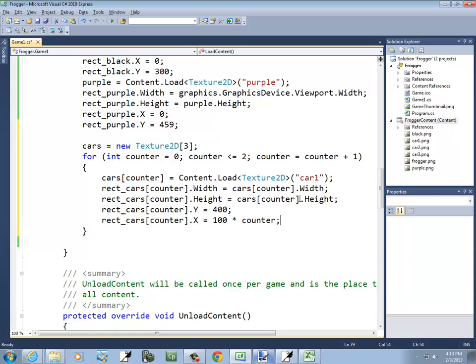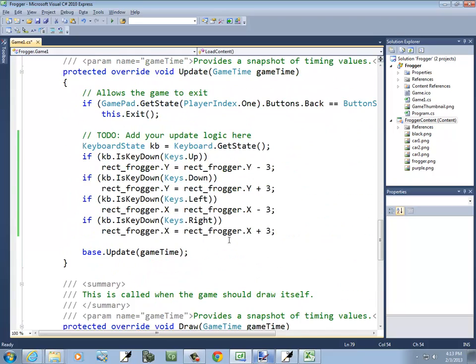Okay, so this should load 3 cars in. And you're looking at this like, well, that's more code than maybe we had before. Well, yeah, but realize I could change this instead of 3, I could change it to 30. I'm going to come down here,